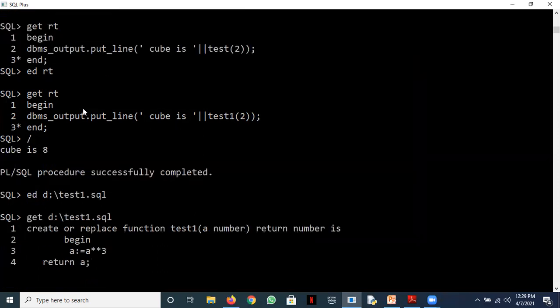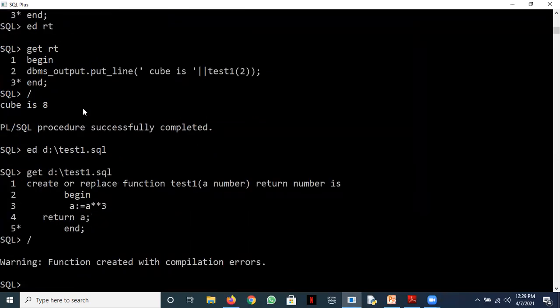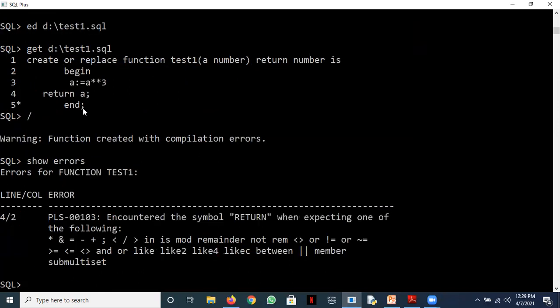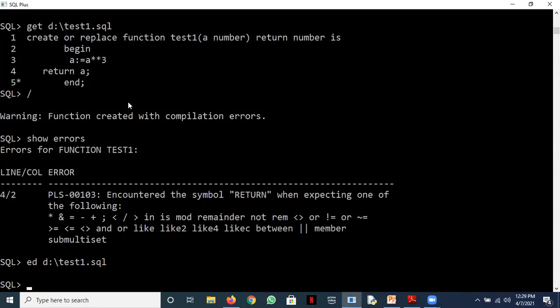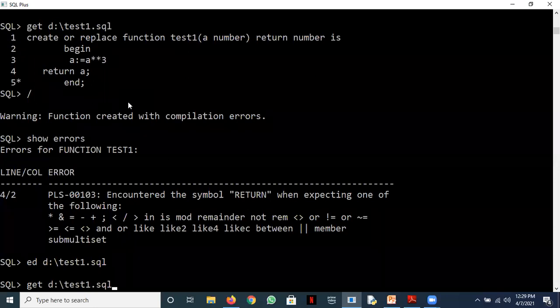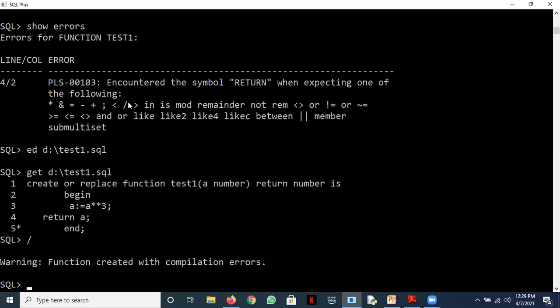So let's see whether we have some error while we create this function. Look carefully, all of you. So we have function created with errors. So let's see the errors. Okay. So there's some problem before return. Yeah. Let's first rectify that problem that I can see there is that I have not put a semicolon here. Maybe that error it is telling, right? You see, while learning these things, you need to be patient. You need to check each and everything very carefully.